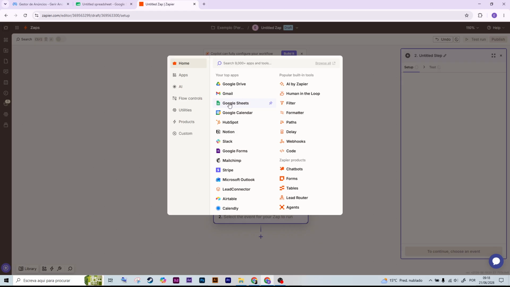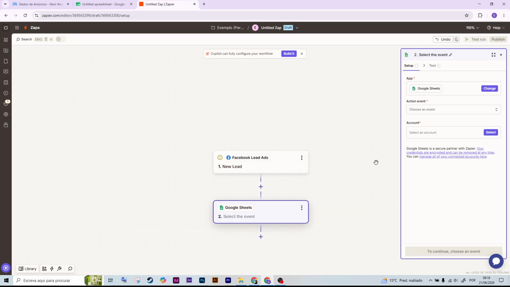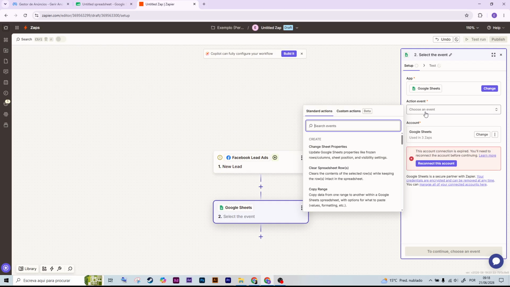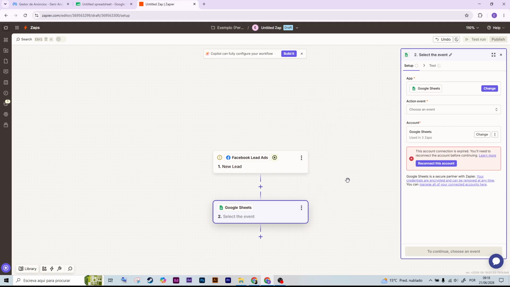Now move to the Action section. Search for Google Sheets and select it. Then choose the action Create Spreadsheet row. Click Connect Account and sign into your Google account. Allow access and continue. Next, select the Google Sheet you already created and choose the correct worksheet where your leads